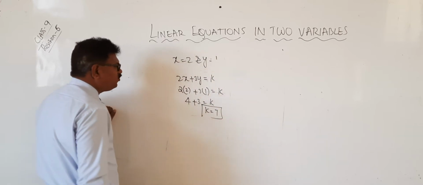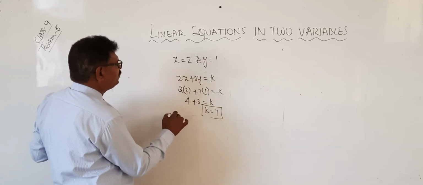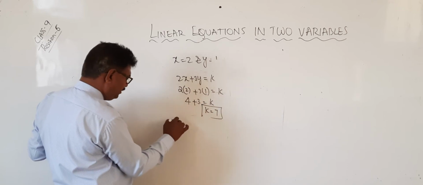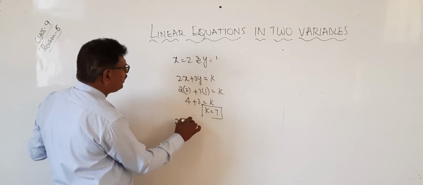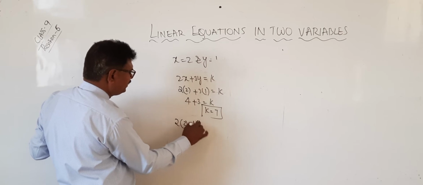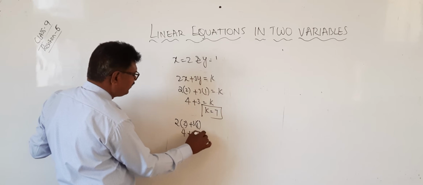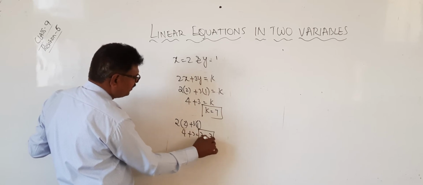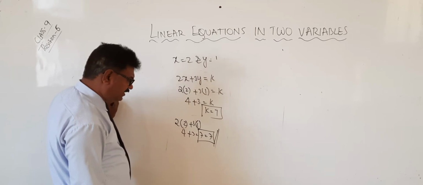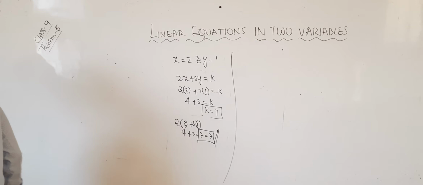You can verify yourself whether it is correct or not. We got k equal to 7. There you see 2 into 2 plus 3 into 1. So 2 twos are 4 plus 3 is equal to 7. Therefore LHS equals RHS. Therefore, what is the value of k? It is nothing but 7 only. Next problem.